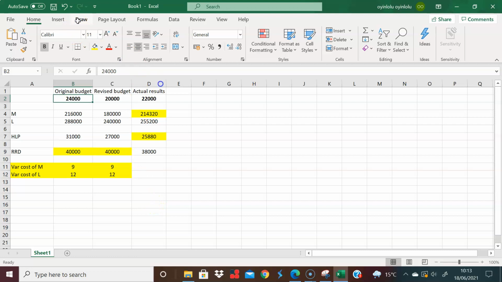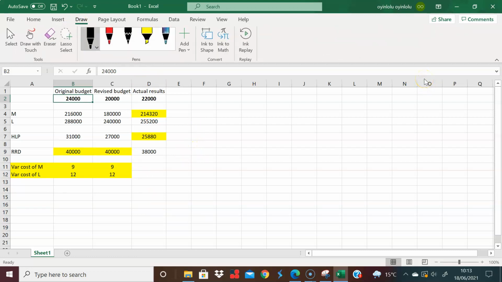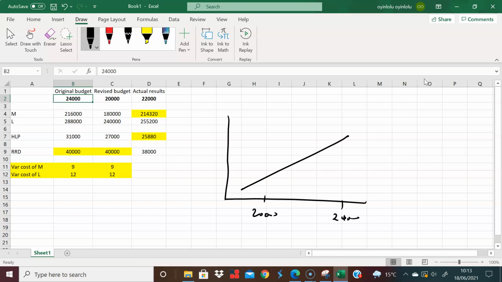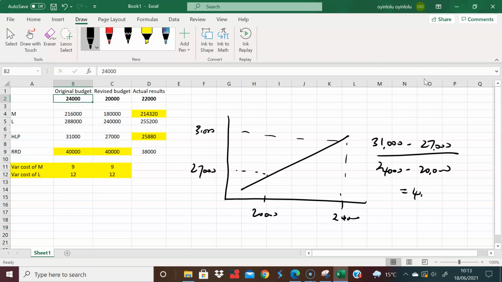If I was to draw something of a graph here, I would have 20,000 units and 24,000 units, and the total cost at 20,000 units is 27,000, and the total cost at 24,000 is 31,000. And therefore, the high-low method tells you to do that exactly. Then you have 4,000 over 4,000, which gives you a pound. So the variable cost per unit